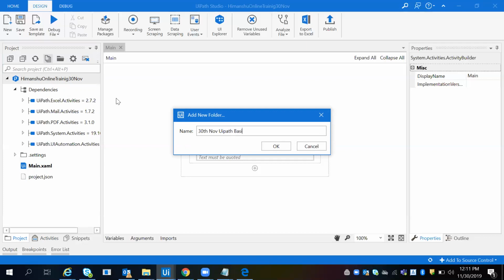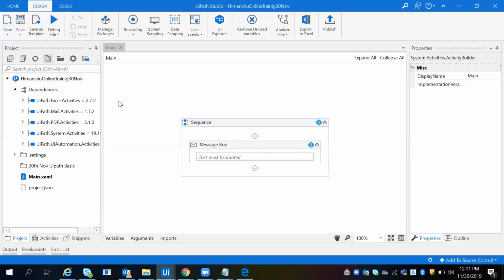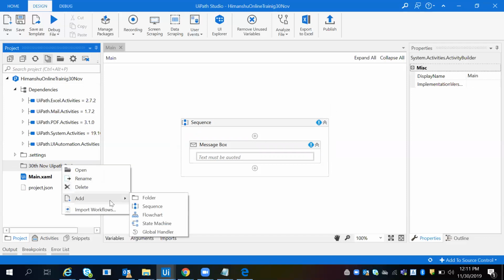Okay, so in the folder you can provide the name, 30 November UiPath basic. This is the way to create the folder, and after creating the folder you can right click on that folder and add. Inside the folder, that is called a subfolder, you can create a sub process.